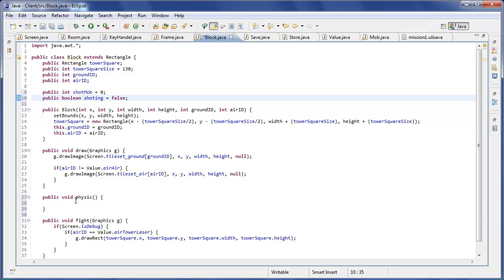So each time that the mobs pass, it will check all of the mobs that are inside this rectangle, and it will shoot one of them or more than one of them. Or actually one of them, but then it might die and you might want to create a new one. So